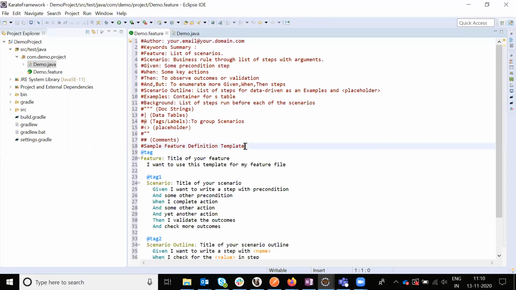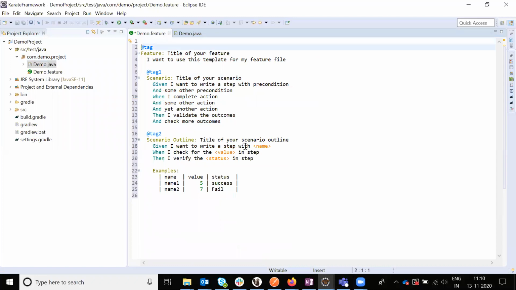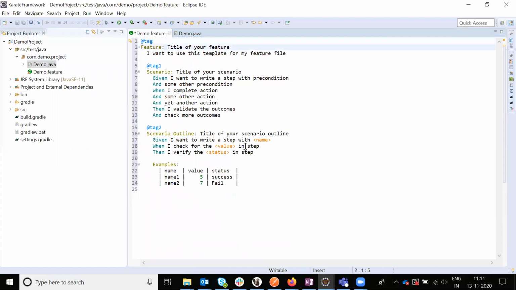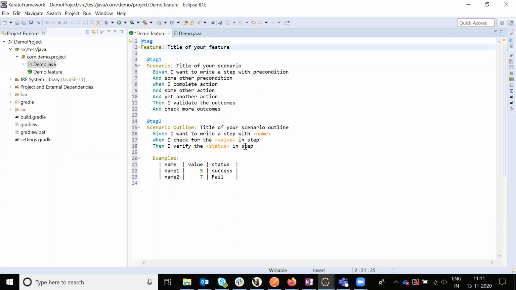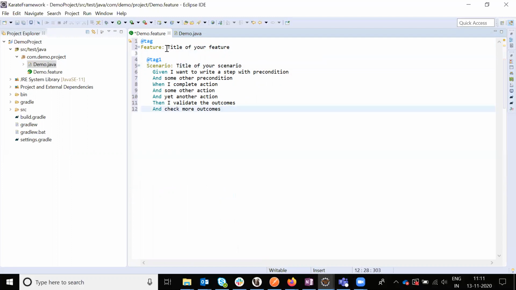Now I'm going to tell you, this is a sample Cucumber report feature file. A feature file is nothing but what kind of feature you are going to showcase.